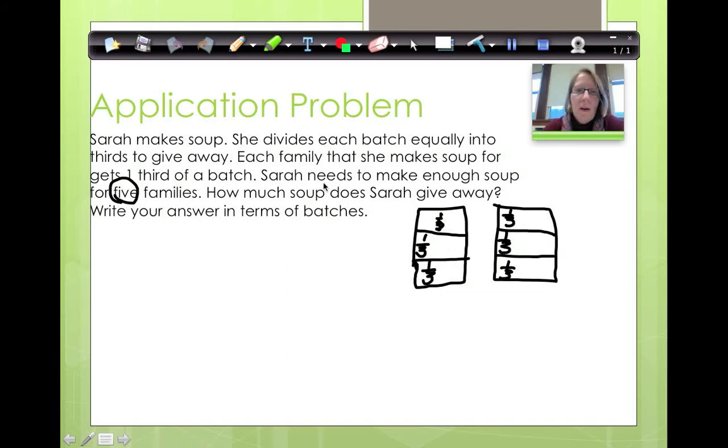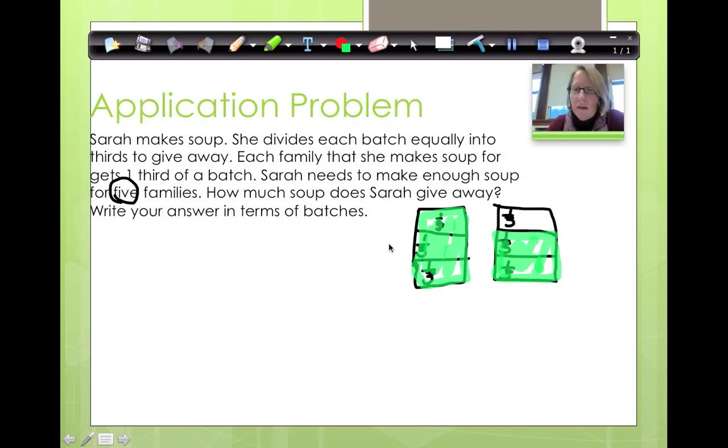Okay, so how many do I need? Let's color in the ones that I need. Well, I know I need this entire pot of soup, right? Okay, but I need 5. So 1, 2, 3, 4, 5. I need 2 more thirds, right? Okay, now